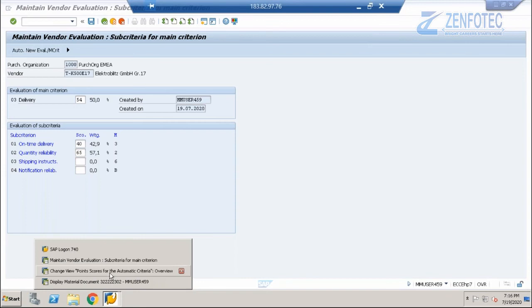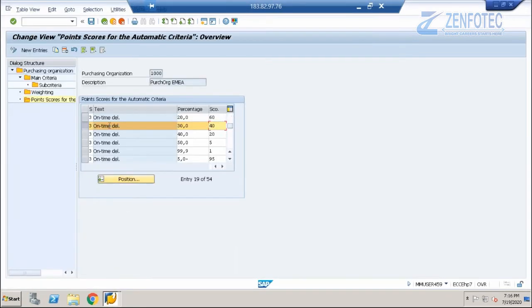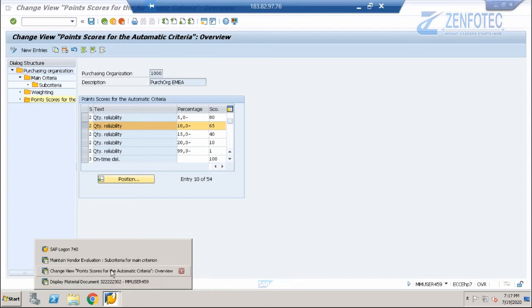And this is a negative variance, correct? Because the quantity is less in delivery. So you see 10% variance is 65. Okay, so that is the reason it is coming as 65.